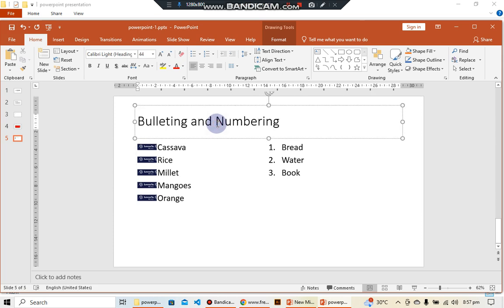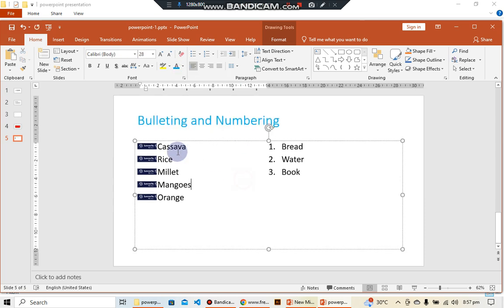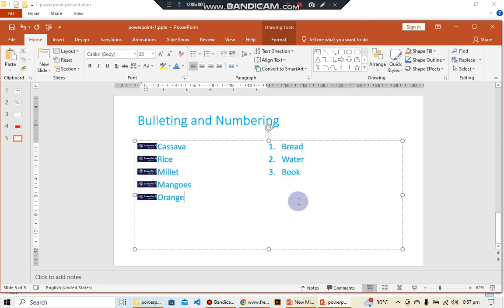Also, let's say I want to change the font style of this, that is the font color. Then let's move it to maybe something like this, and here we go. Let's also say you want to change also the font color, just control A to select everything, then change the font color to this. So these are all stuff